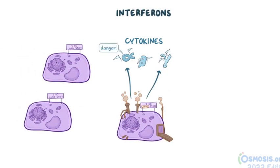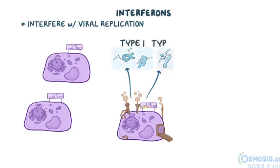As their name implies, they interfere with processes like viral replication. There are two types of interferons, type 1 and type 2. Type 1 interferons include interferon alpha and interferon beta. When surrounding hepatocytes detect these type 1 interferons, an alarm is raised, and they try to protect themselves by synthesizing